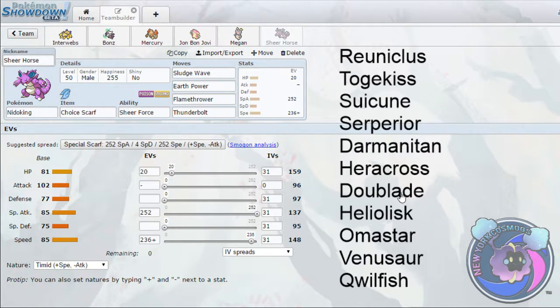Nidoking, we are Timid, not Modest. That might have some sway in this, but level 100. Obviously, no, not level 100. Level 50. Scald cannot kill us from Suicune. Fun fact of the day. And Thunderbolt is also a roll. Crap, Thunderbolt is a roll. If we were Modest, it wouldn't be. How tragic. But I don't want to give Darmanitan any chances here. Because, fun fact of the day,